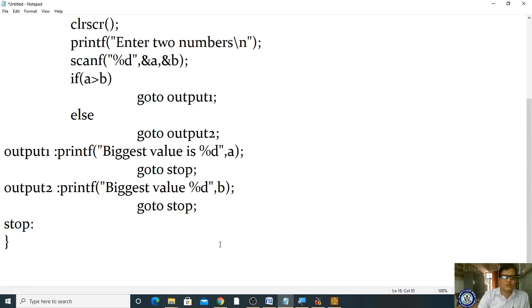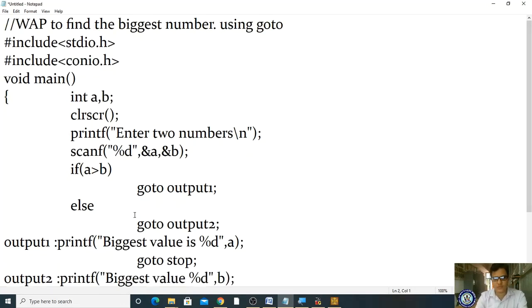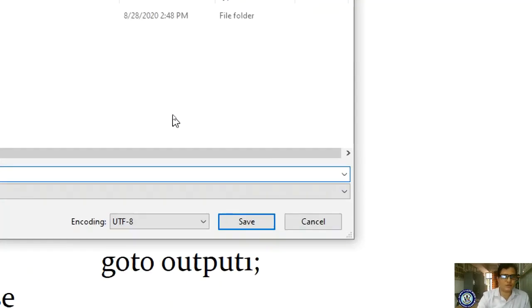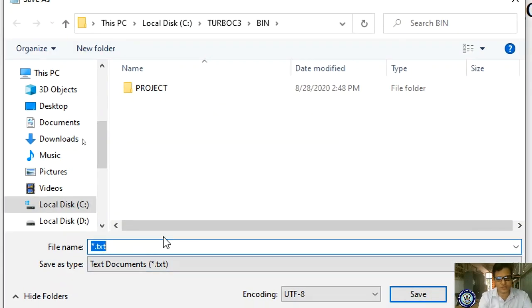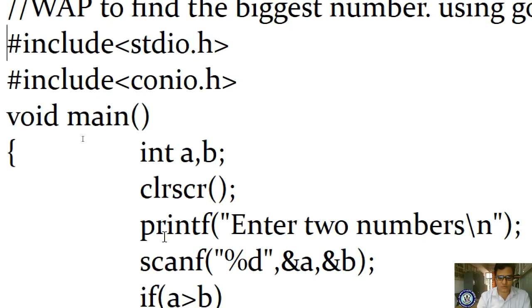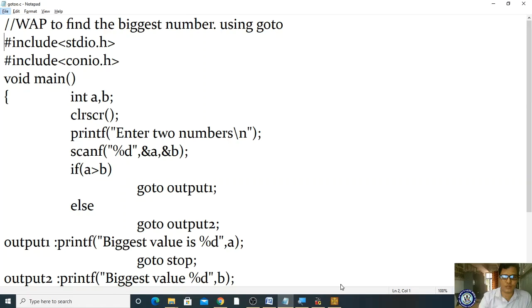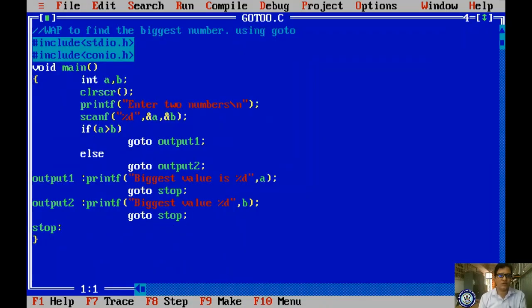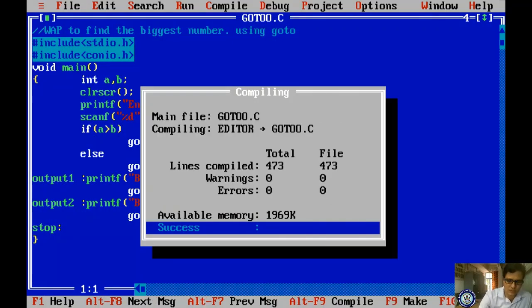Okay, clear? Now I'm saving this file. Go to File, Save option, and ensure that you are storing it in the right folder. I'm ensuring here it is goto.c, because while saving, the name should not be a keyword. I have stored it, and I'm opening my editor, Alt Enter for full screen, and opening my file goto.c. Yes, I'm pressing F5. Now I'm compiling and running.